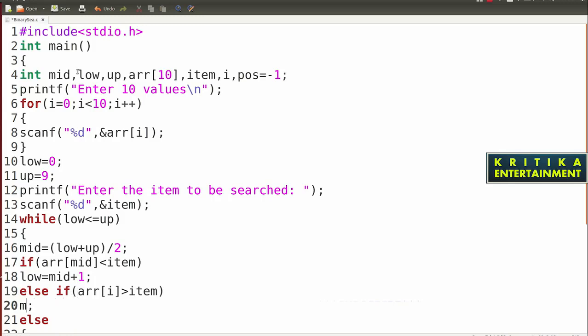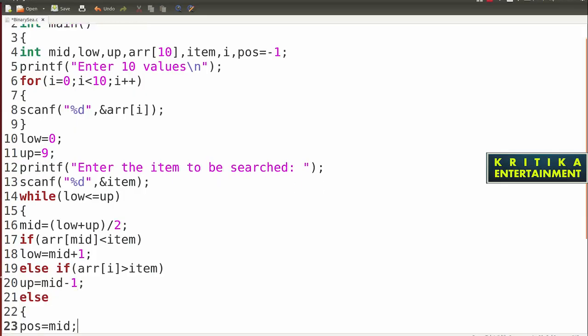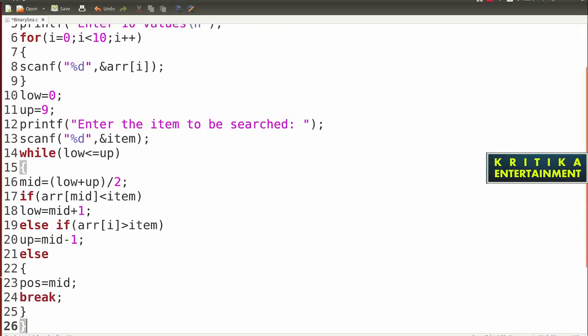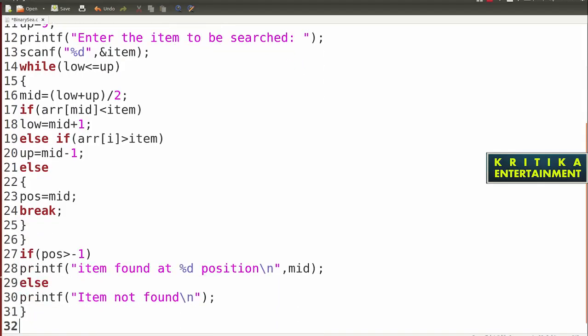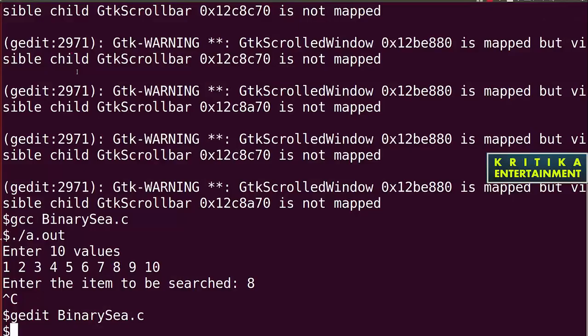Okay, up is equal to mid minus 1. So else, position equal to mid, then break. Okay, then I'll save this and run.